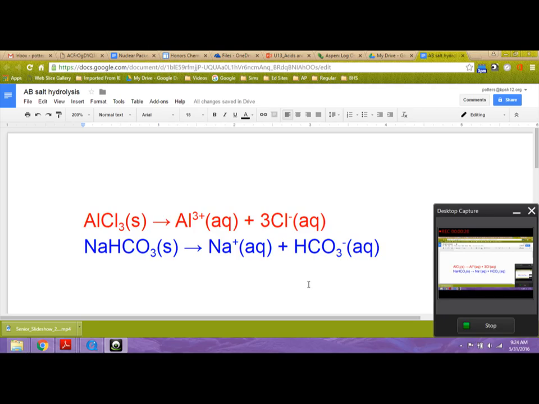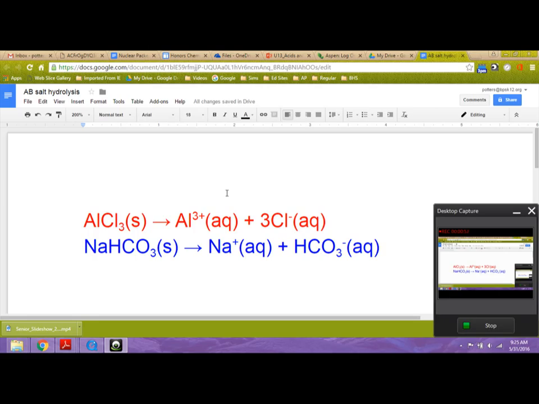So the equations that we're looking at right now are the equations for the formation of those solutions. We know that ionic compounds normally are solids at room temperature. We know that when we dissolve them in water, they dissociate into their ions. So aluminum chloride breaks up into the aluminum 3+ ion and 3 chloride ions. And the sodium bicarbonate does the same, except it's got 1 sodium ion and 1 bicarbonate ion for every formula